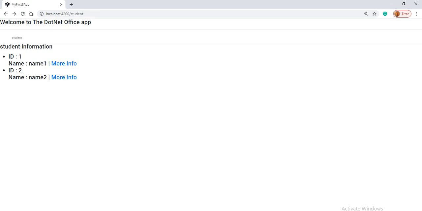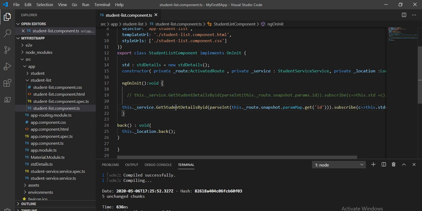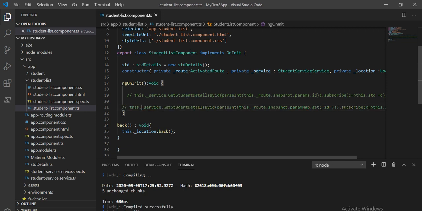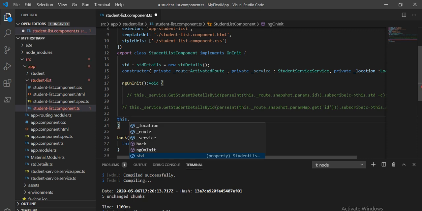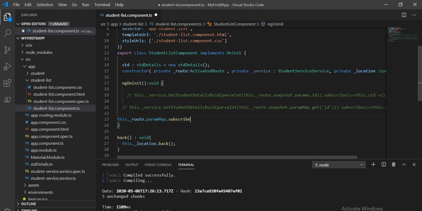Now a similar thing we will do using the observable. So let's comment this line first, and here let's create this dot route dot param map dot, first we have to subscribe to it, and then inside this we take a function.